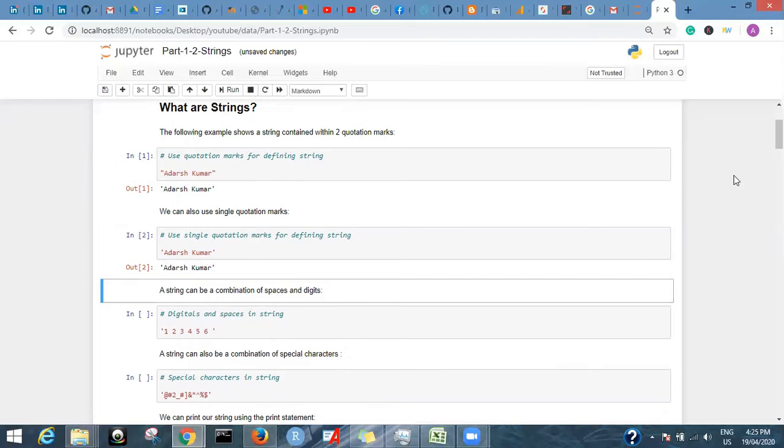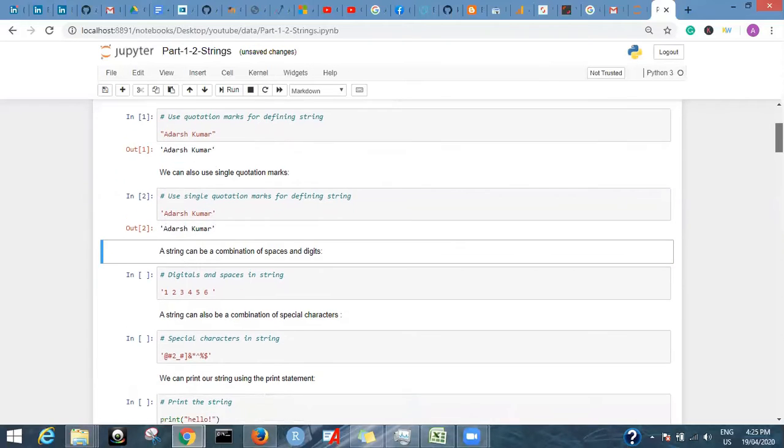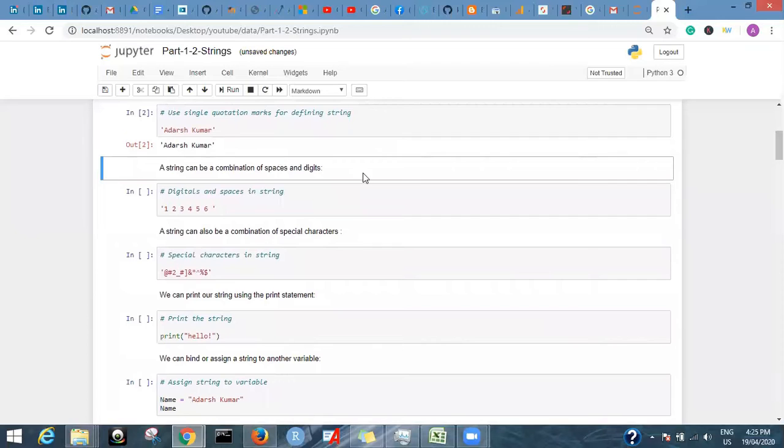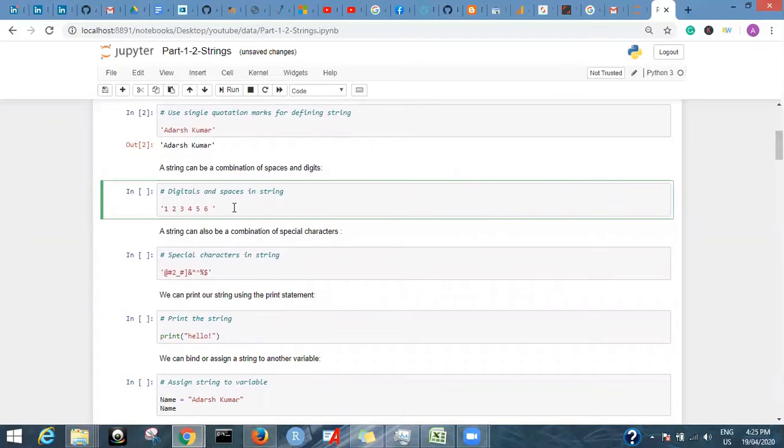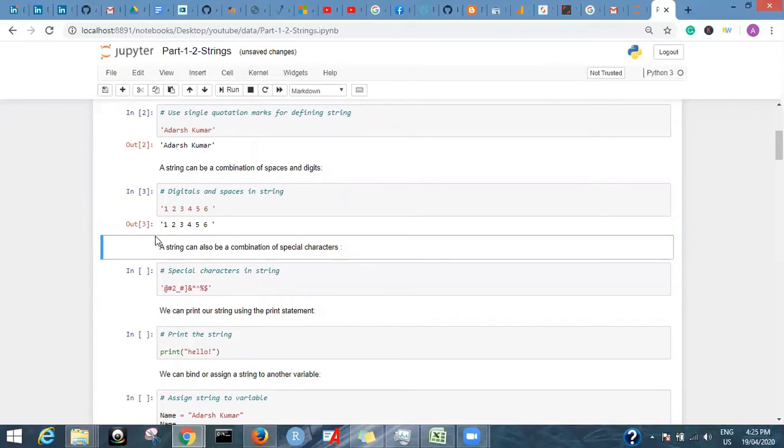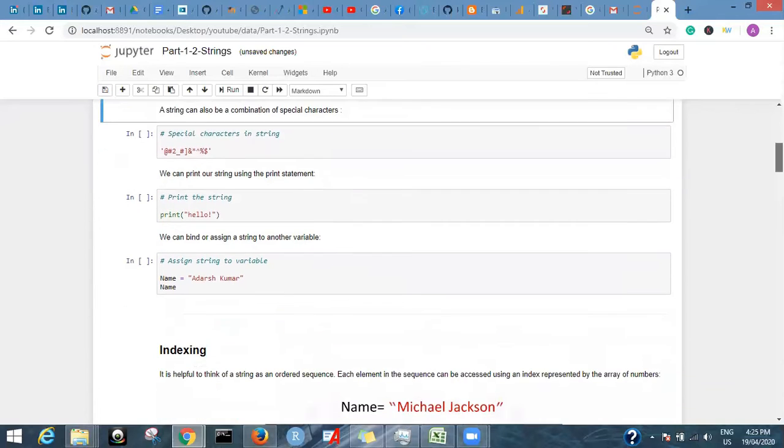And we are not treating 1 2 3 4 5 6 as a string, so we put it in commas, just like this. Special characters are also treated as strings if we encode them in single inverted commas, just like this.